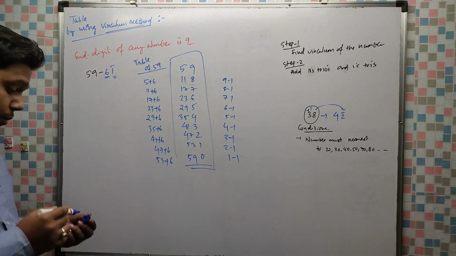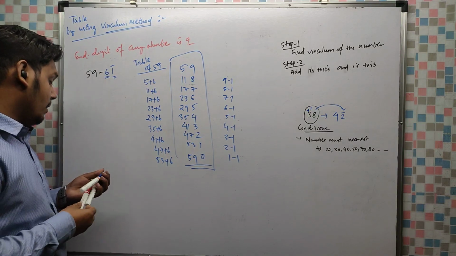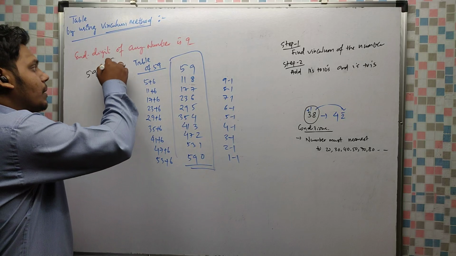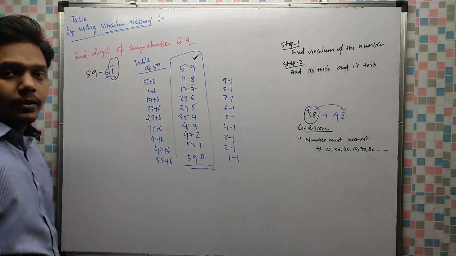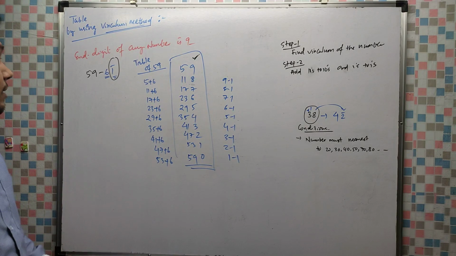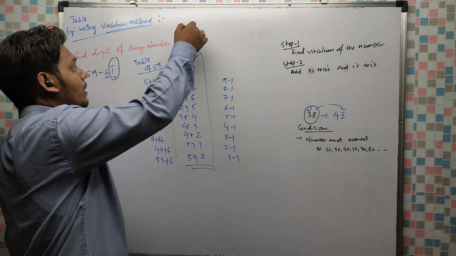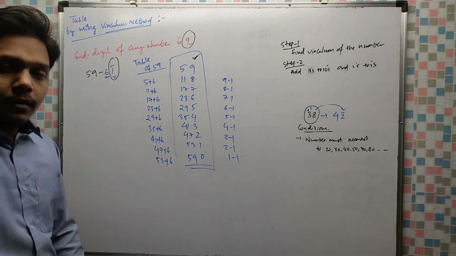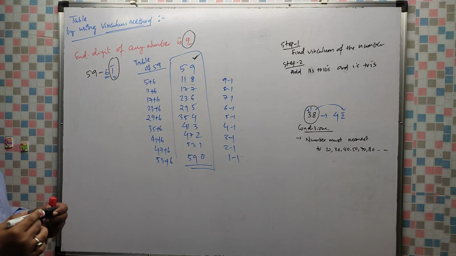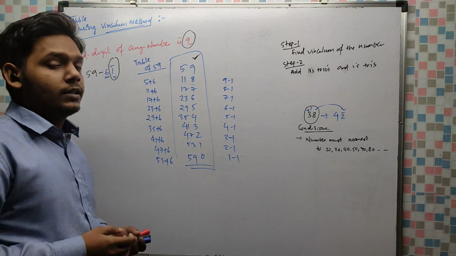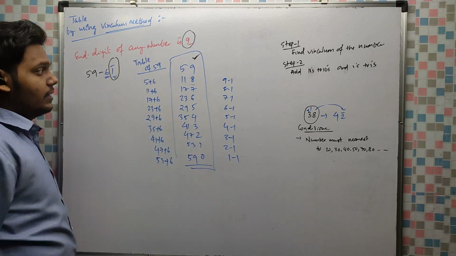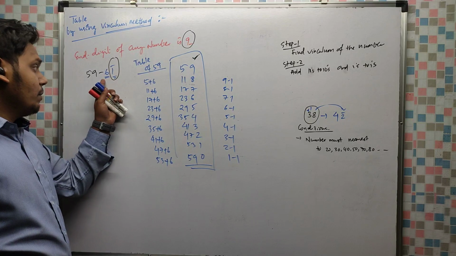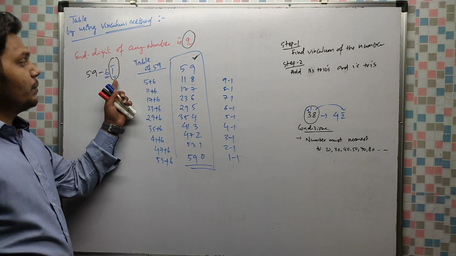So in this way you can do it. The right side, meaning the unit place of the vinculum of the number, you have to subtract from the unit digit. Okay, always. This is easy in case the end digit is 9. When it is 8 or 7, then there will be little changes. That one also we will do. So first see this: the tens place will be added to the tens place of this, and the unit place.